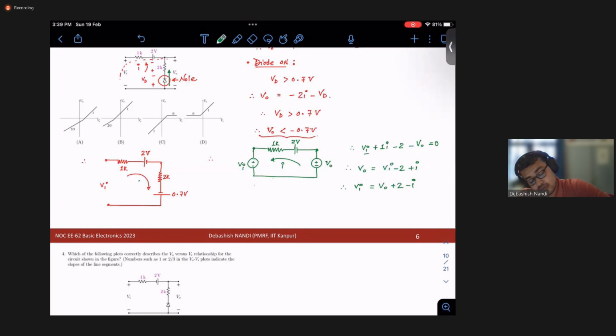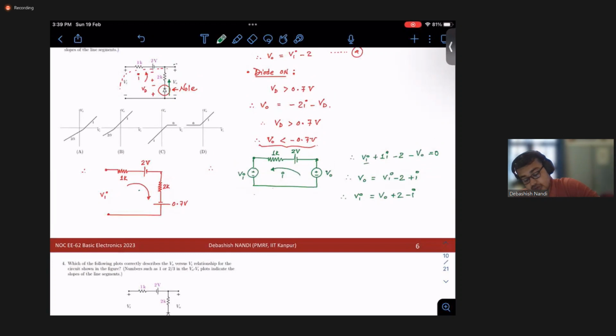The 2K with the diode you are, I think, missing. No, no, because I am replacing this with V naught, right? This entire thing is V naught, right? Okay. So what is your Vi? Vi is nothing but V naught plus 2 minus I,